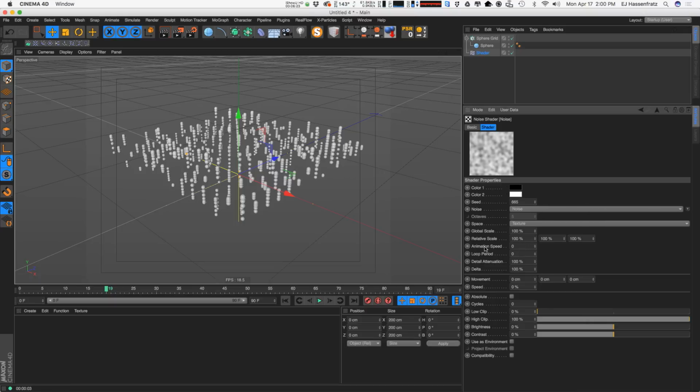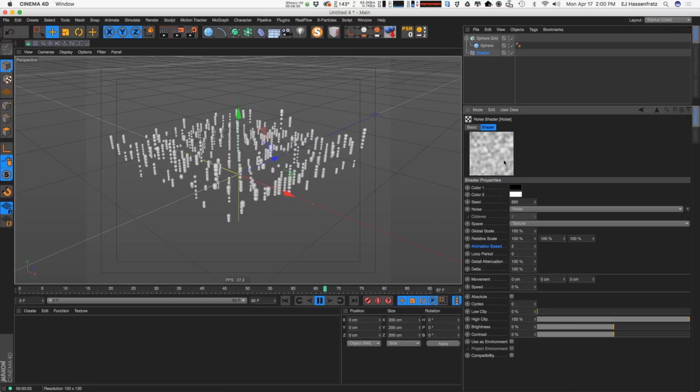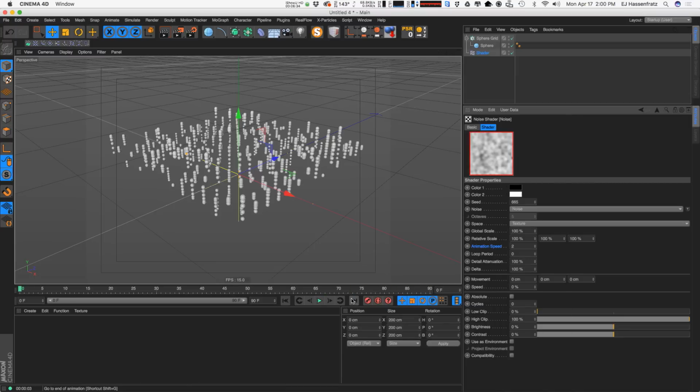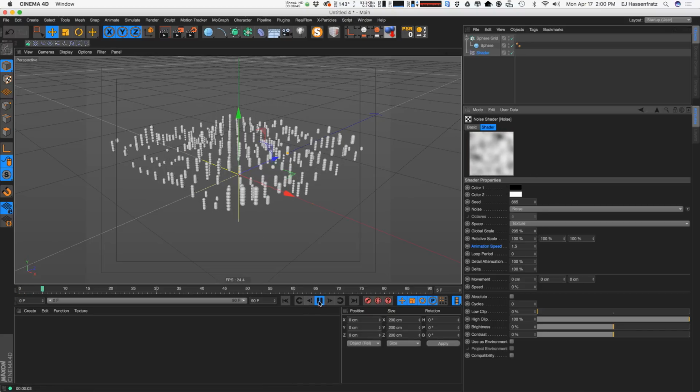Another thing here is we also have the animation speed. So if I put in an animation speed of 2, you can see that our noise is now animating. If I right click on my noise window, you can actually see the noise animating in our little window here as well. So maybe 1.5 to slow that down a little bit. We can adjust the global scale of that noise as well. Another nice thing, and you actually can do this on the random effector as well,